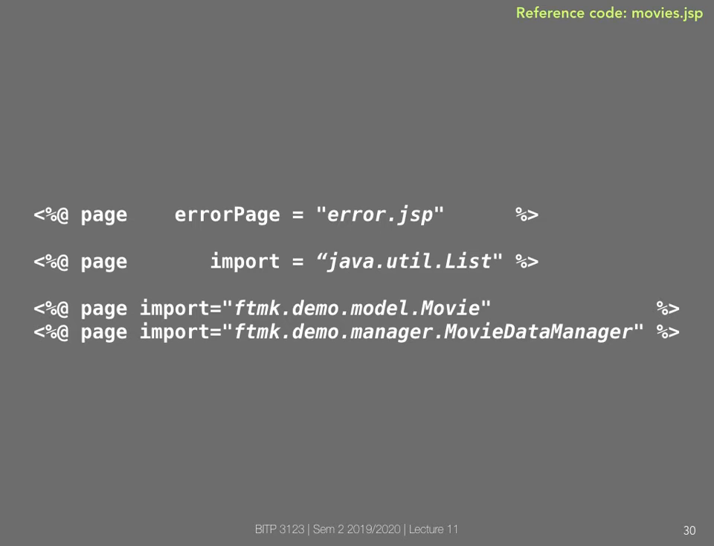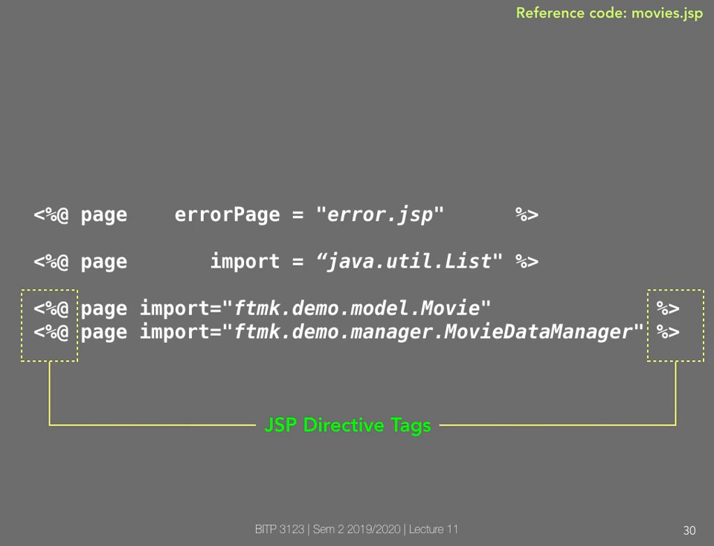When you open movies.jsp, you will see several pairs of tags as shown in the yellow boxes. These tags are known as JSP directive tags. Directive tags are used to control the overall structure of the JSP. For example, here, we are importing movie and movie data manager in this JSP file. Directive tags consist of several elements, such as directive,